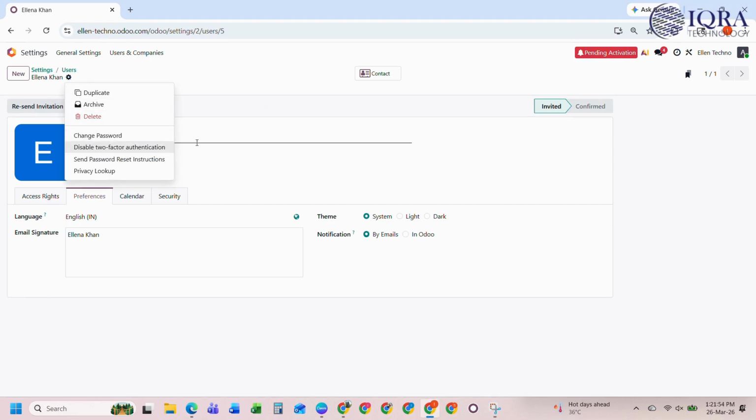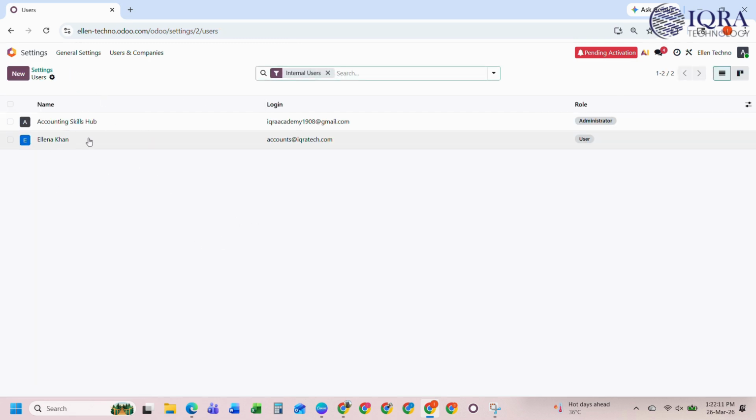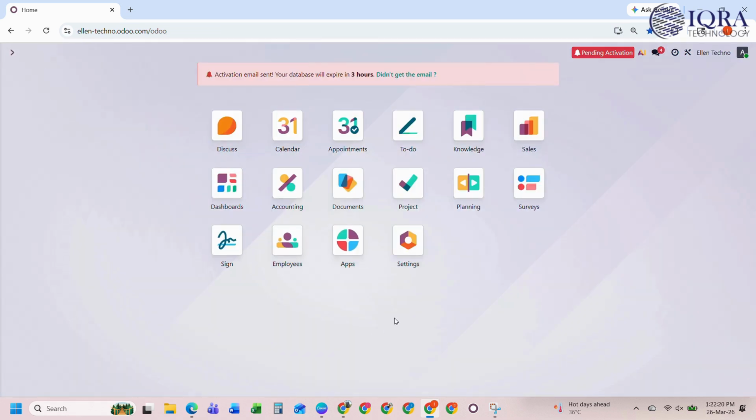Since Odoo is priced per user, our monthly cost will increase because we added Elena. You can check the exact pricing on the Odoo website or with your account manager. Now we can see that Elena is added as a user, but she has not logged in yet, so she should do that soon. Now let's go back to the main page.